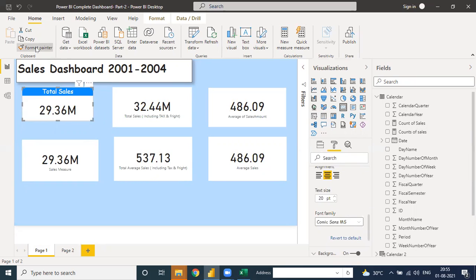Now you can use the format painter. See, all the things are changed. Why are all the changes not done? Format, done.